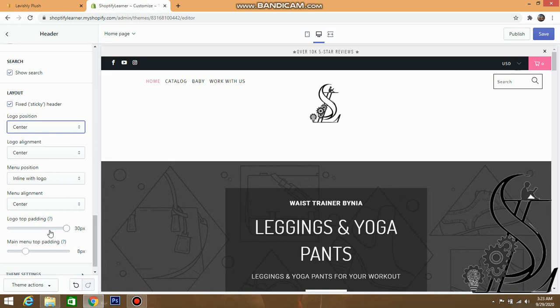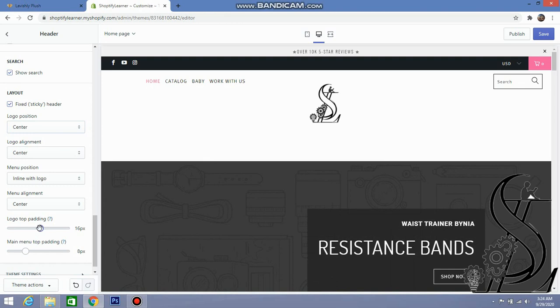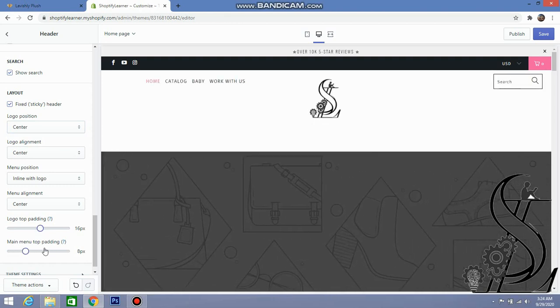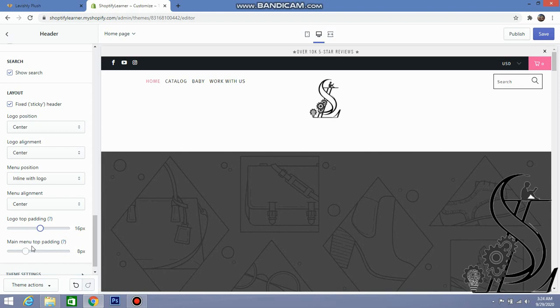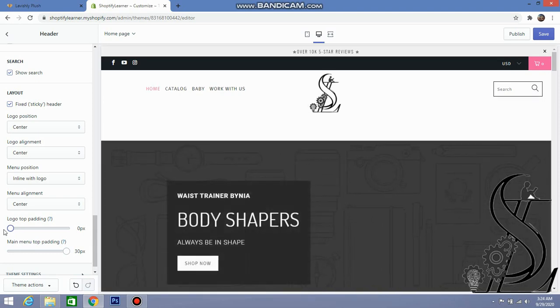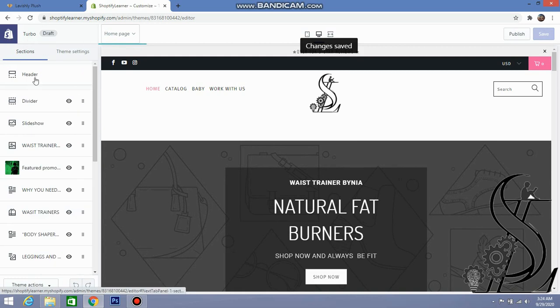Menu position is in line with logo top padding, so we decrease it, and menu top padding, so we increase the main menu top padding so it will be in line with the logo. In this way we can put the menu in line with the logo, so you can save it. So our header setting will be saved.